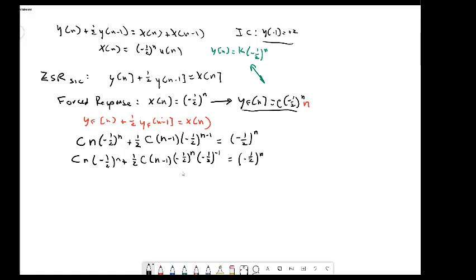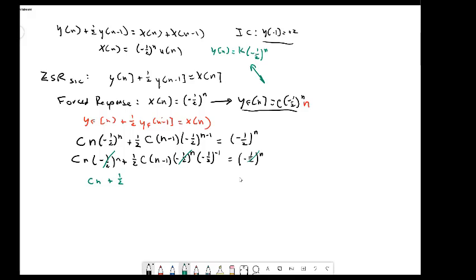And now we're trying to solve for c. So I want to isolate c equals some numeric constant. I've got a lot of minus 1/2 to the n terms I'm going to try to factor out. In fact, I see that I can already. I've got one here, I've got one here, I've got one here. And so if we strike all those out, then I have c n from this term